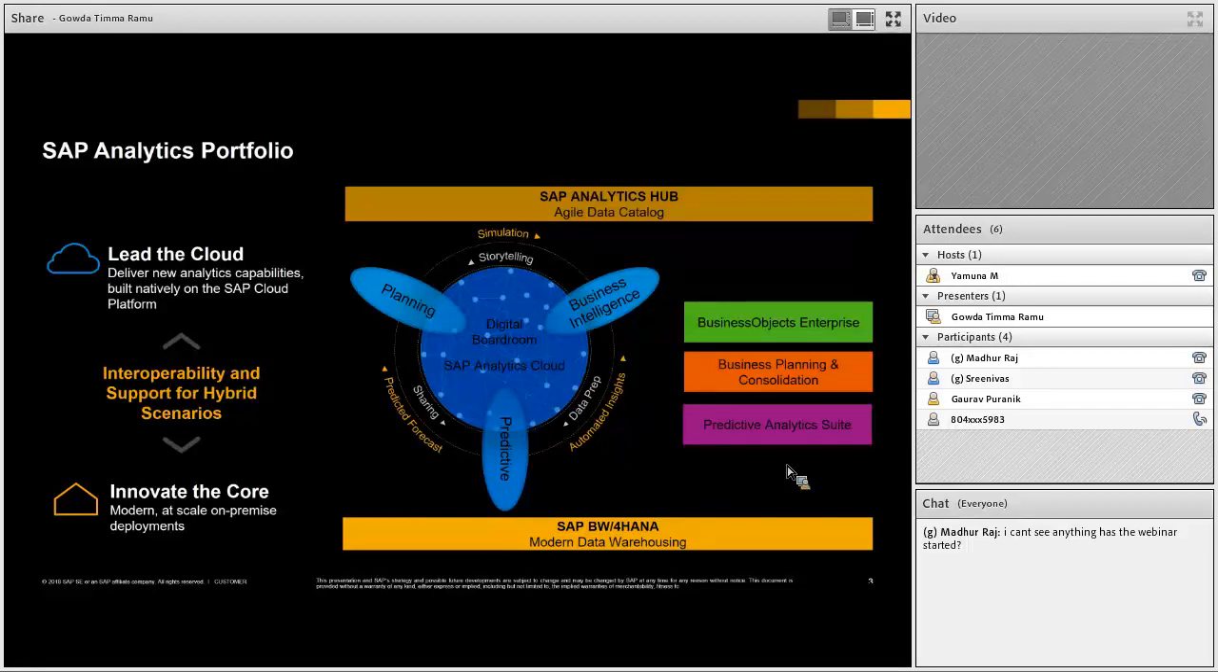And two core parts of this hybrid strategy are SAP Analytics Hub,